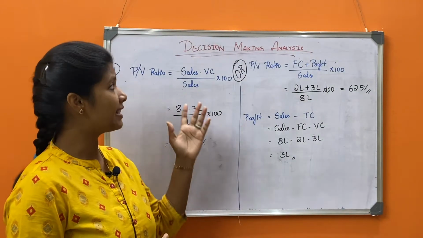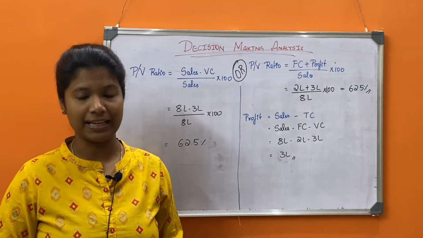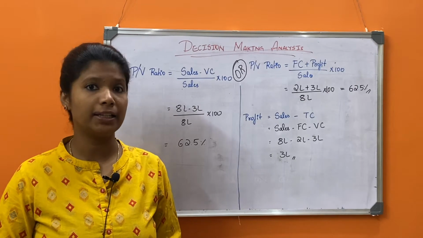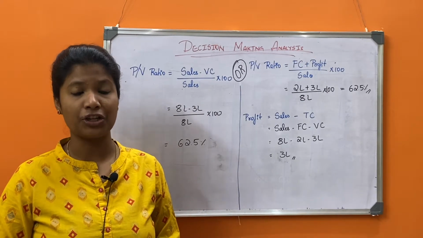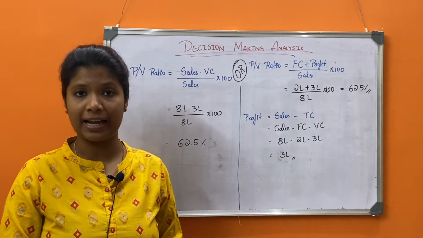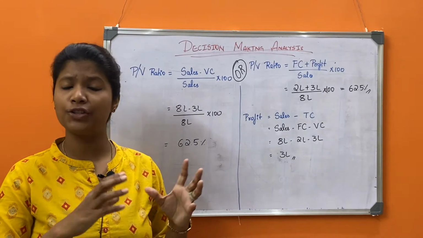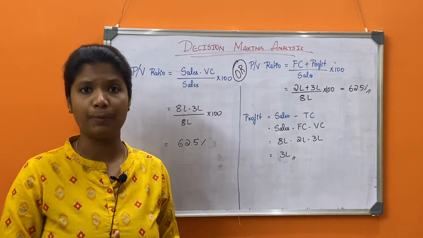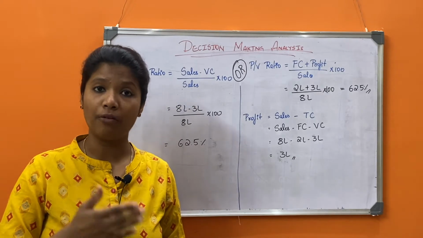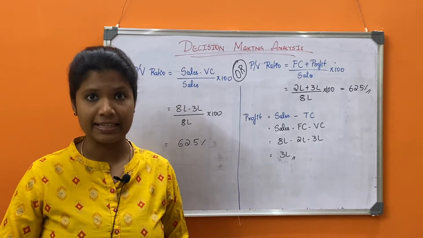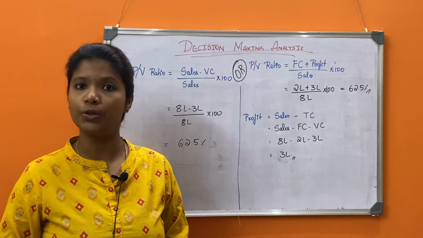So as we begin our second unit under performance management, decision making analysis, we have understood various theory concepts under this chapter. What is relevant cost, irrelevant cost, what are the other costs that we need to analyze in order to make a better decision for the business, right? So we have understood various concepts like break-even point, margin of safety, angle of incidence, profit, cost volume profit analysis, etc. So today we'll be dealing with problems on those concepts.